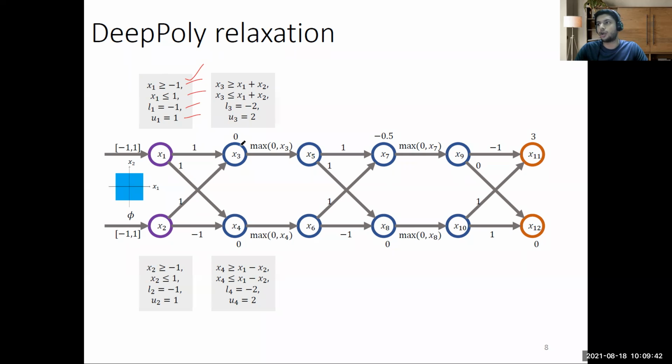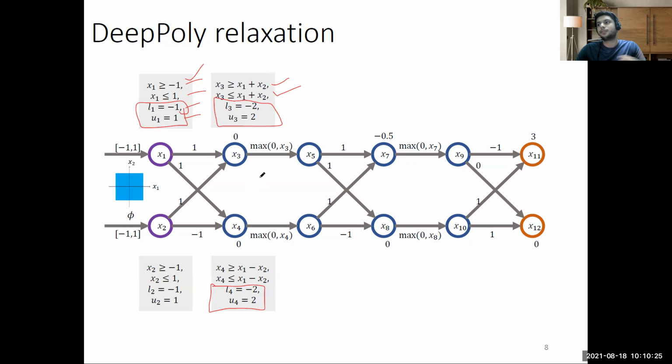And even if you look forward at the next layer, when we have x3 and x4, x3 is basically x1 plus x2, and since x3 is equal to x1 plus x2, we are defining it as upper and lower bound in this case, because when you define it in this way, you are essentially saying that x3 is equal to x1 plus x2. And with this relation and substituting the values of x1 and x2 from here, you get the bounds for x3 and x4. So it's pretty trivial, and we have been doing this a lot in previous sessions also.